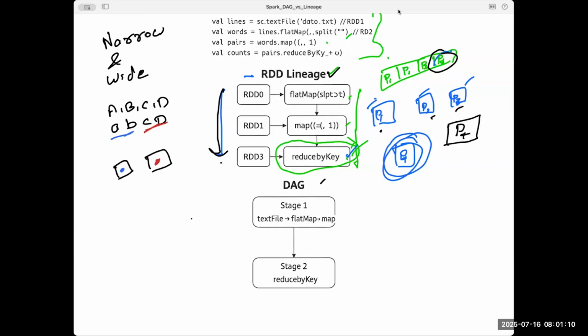So on this worker node, I was processing AB, and on this worker node, I am processing CD. Now you tell me, do I need to transfer data between these executors or worker nodes? AB is one transformation, CD is one transformation.